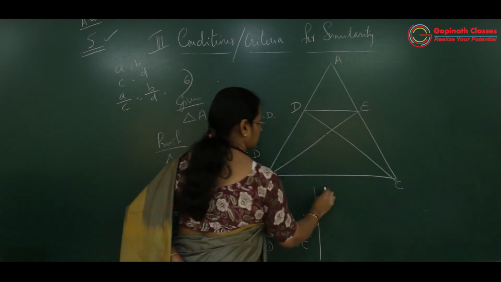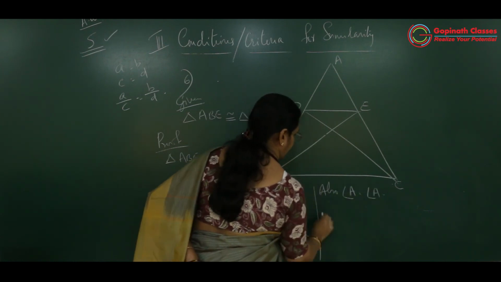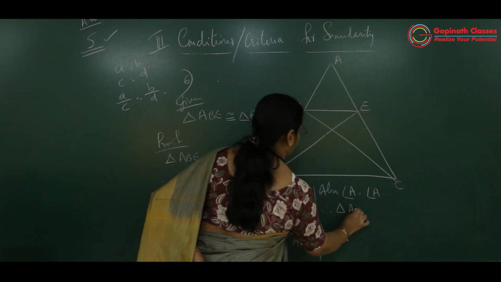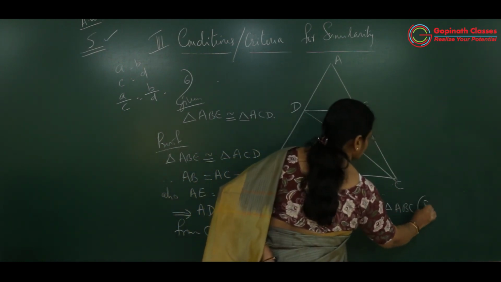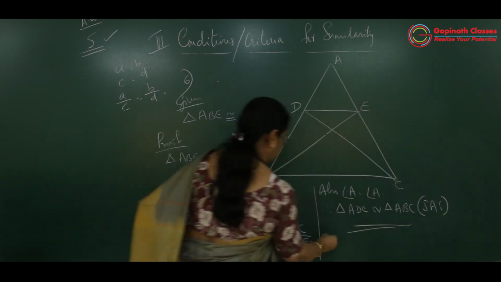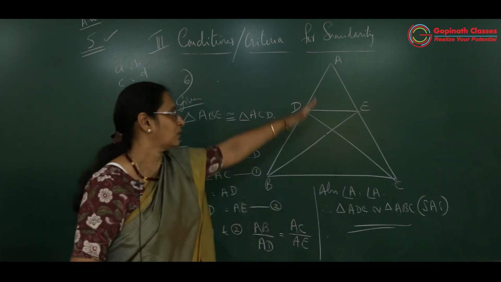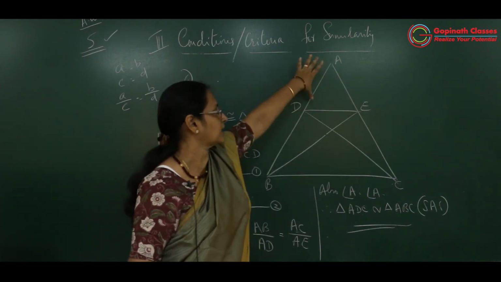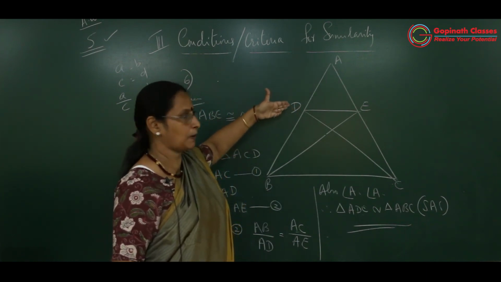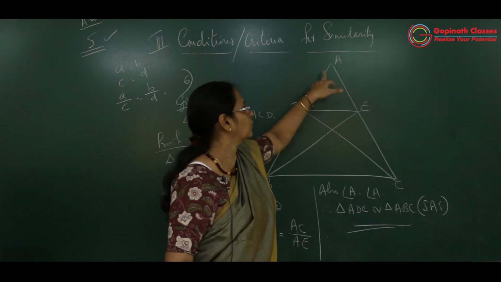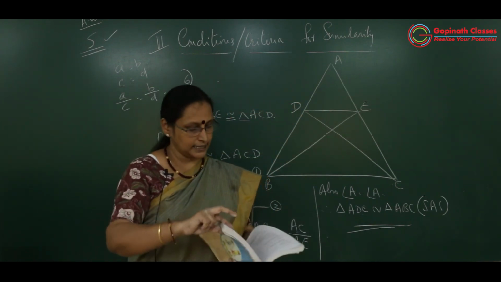Also, ये दोनों के बीच में जो angle है, that is equal. Angle A equal to angle A. Therefore, triangle ADE is similar to triangle ABC by which criteria? SAS criteria. Two sides are proportional and including angles are equal. ये बड़ा ट्राइंगल और छोटा ट्राइंगल आप देखो. बड़ा ट्राइंगल का साइड अपॉन छोटा ट्राइंगल का साइड, that is proportional. बड़ा छोटा दोनों के बीच में angle A is equal. So they are similar by SAS.